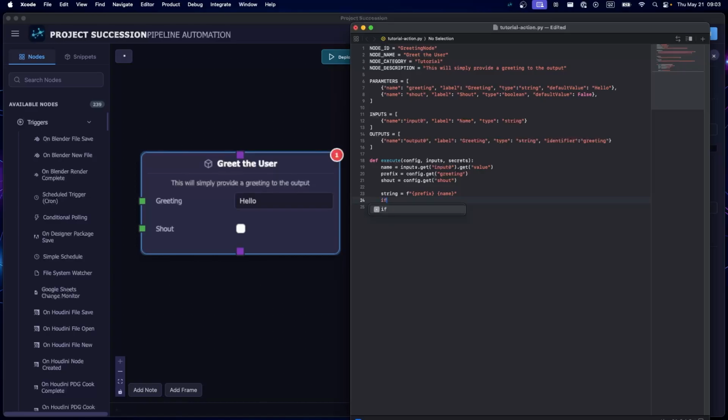Then obviously if shout is existing, then we want to say, okay, our string is actually not just our string, but our string dot upper, to be all uppercase because we're shouting, right? And now the interesting part to make the node fully functional: if you just return a string, it will just return a string, but it will obviously break the downstream nodes because nodes in general expect this type